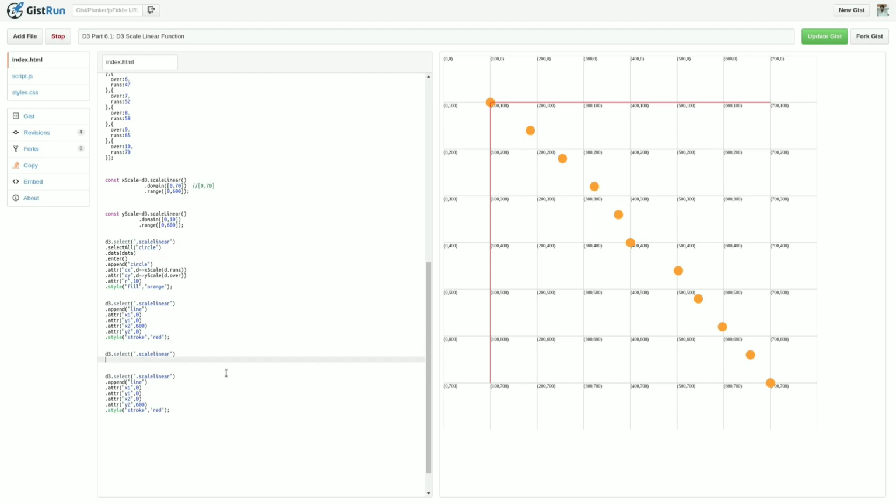So what will I do: dot append g, dot attribute class as x ticks, dot selectAll text, dot data is our data. Here I have just used the join again to append the text based on our array of data. So now dot enter dot append